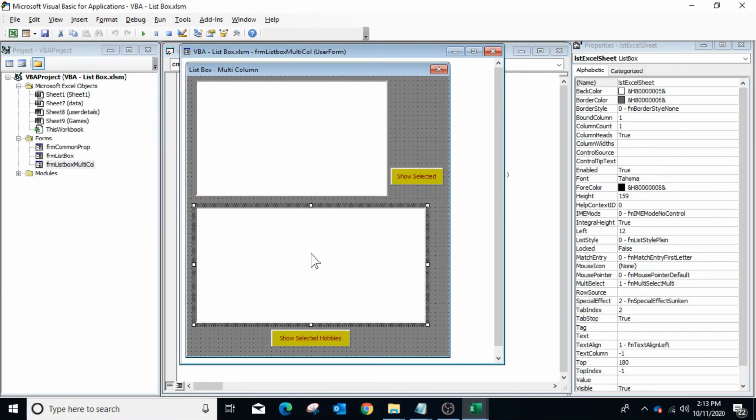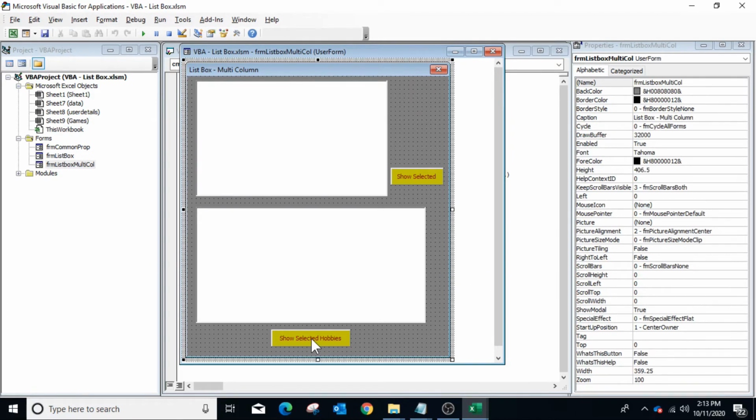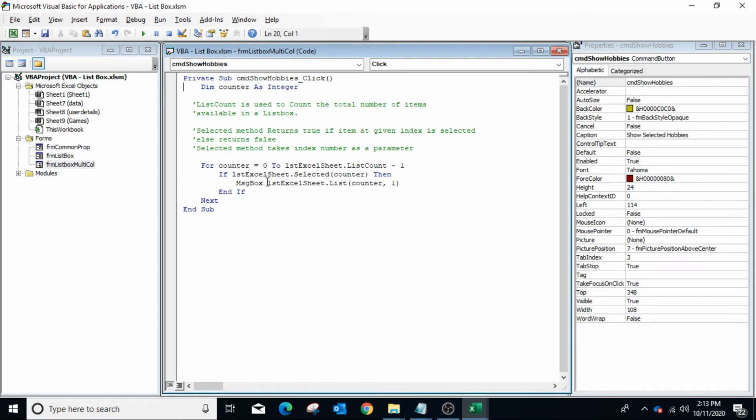In case of the list box where the multi-select property is multi, we have to create a loop to verify each selected item in the list box. Double click on the button, and in the click event, we have used a loop starting from 0 to the total number of items available in the list box minus 1.